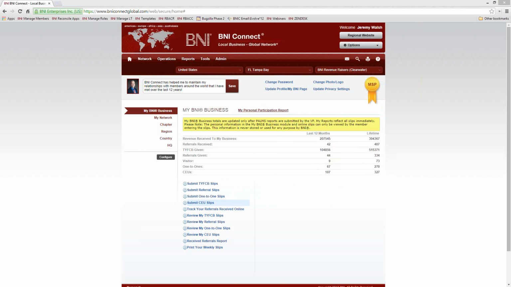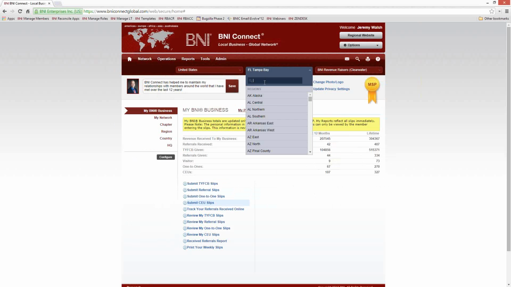Sid says, I think there's a form on BNI Connect that enables the member to give a detailed summary of their business profile, etc. It's called Launch or something like that, and it is used for one-on-ones. So there is a report you can run. If you have filled out your profile online in BNI Connect, you can run a report that you can bring to a one-to-one meeting, and that is to go to, let me switch back to my own here,